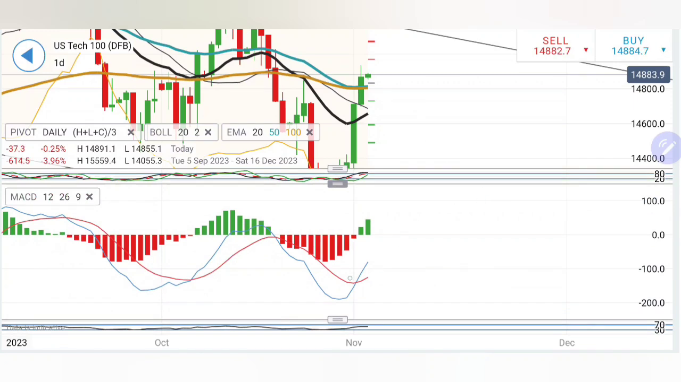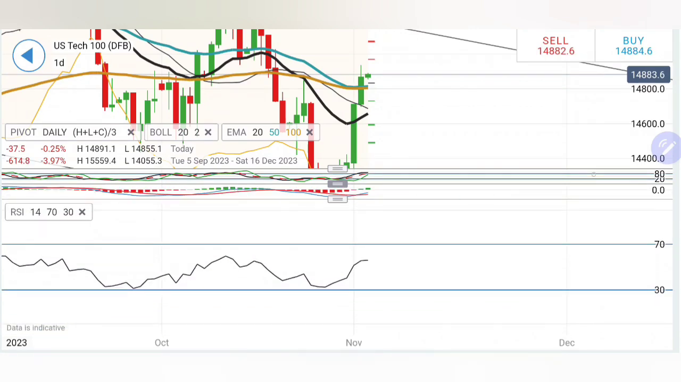Stochastic is overbought. MACD has crossed over at bottom, trying to trade with divergence, only two bullish candles away. Thus, it could also bring a third bullish candle here. RSI almost staying flat. Thus, looking at this, before I give you the trading levels and strategy,